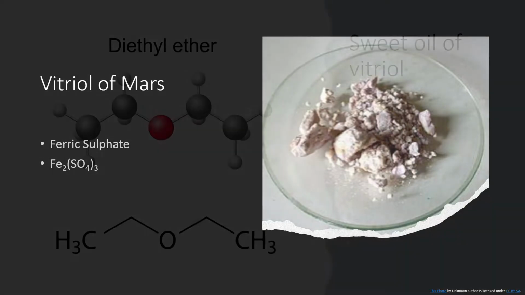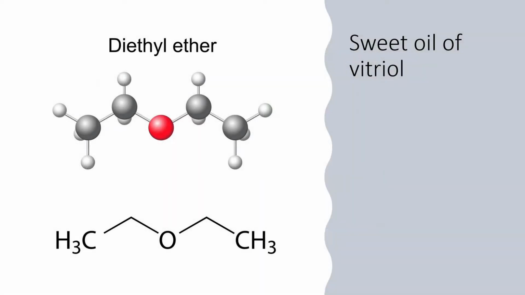We already saw oil of vitriol. There is also something called sweet oil of vitriol. It is diethyl ether. And you can see that this is the first organic compound in the section. Everything else were sulfates. Here we have a compound which doesn't even contain sulfate. You might guess that it is due to some kind of synthesis that involves sulfate, and you are right in that case. It is formed by the dehydration of ethanol in sulfuric acid. So since the production process involves sulfuric acid, it got the name sweet oil of vitriol.